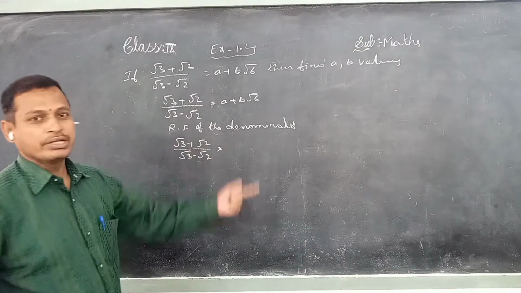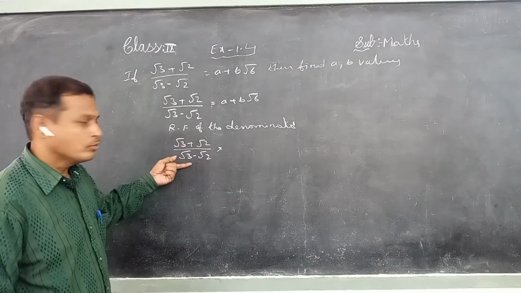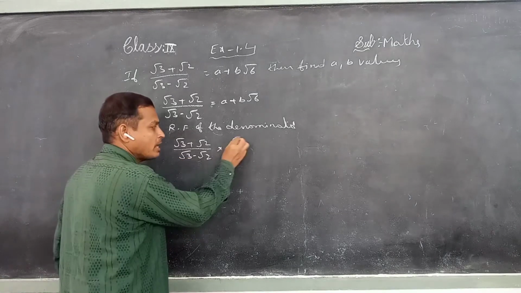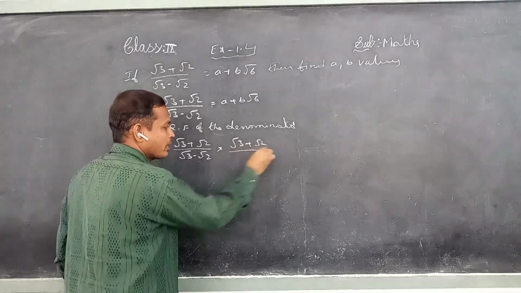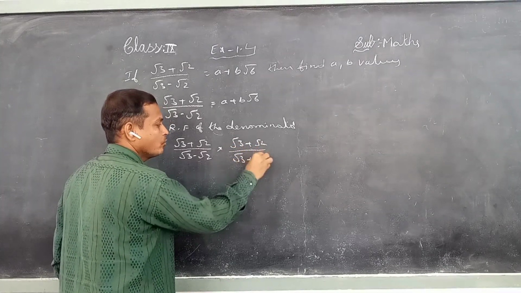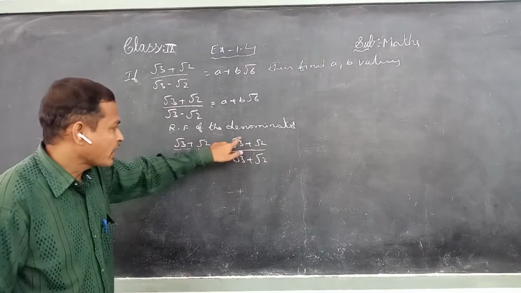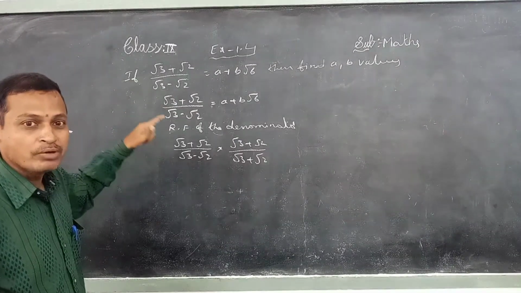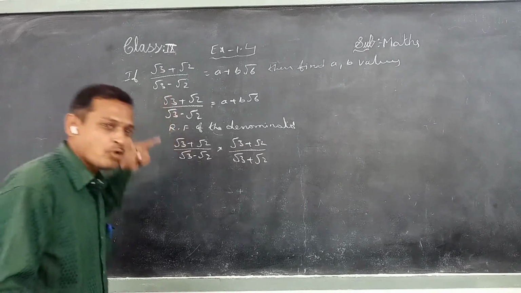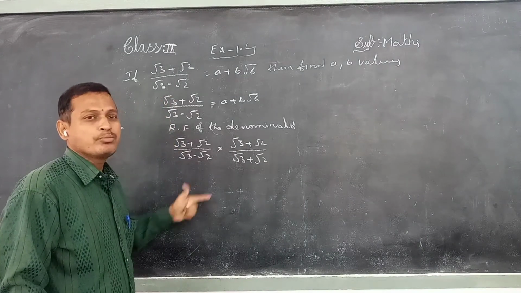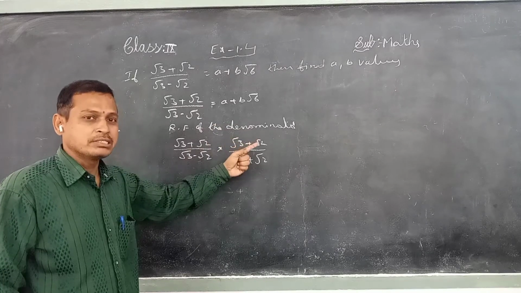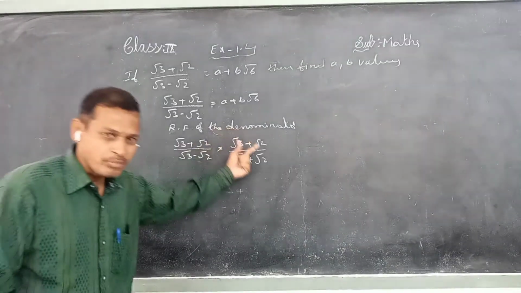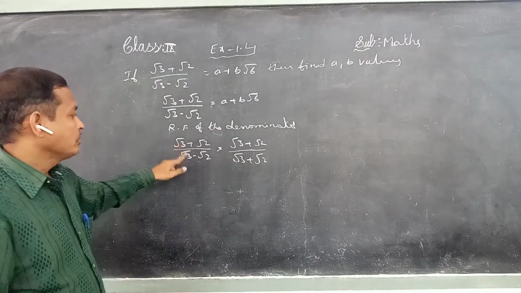Again, we should convert the denominator value in the given value, root 3 minus root 2, to root 3 plus root 2. Why? Because we should cancel the required value in the given question. This is the model for the RF of the denominator. The denominator value is minus, so we change it to plus. We must change it. For example, if the given value is plus, we should change it to minus. Okay, children? So, this is the given question.